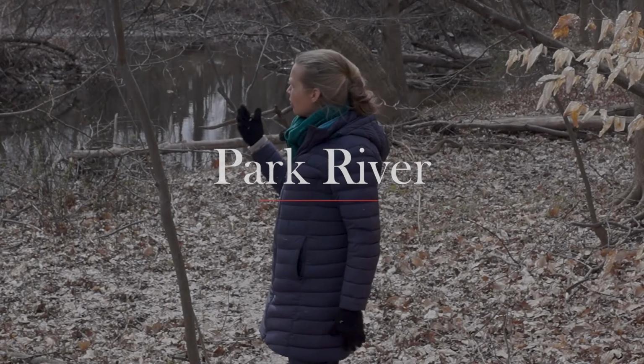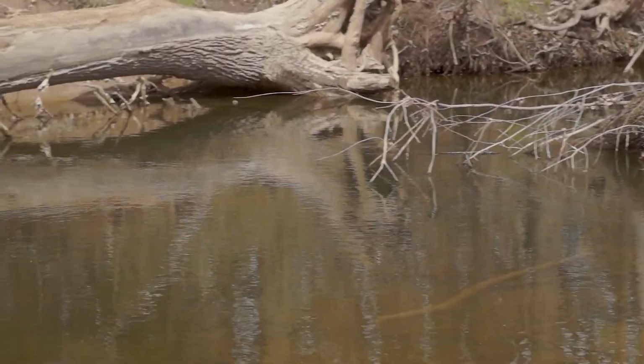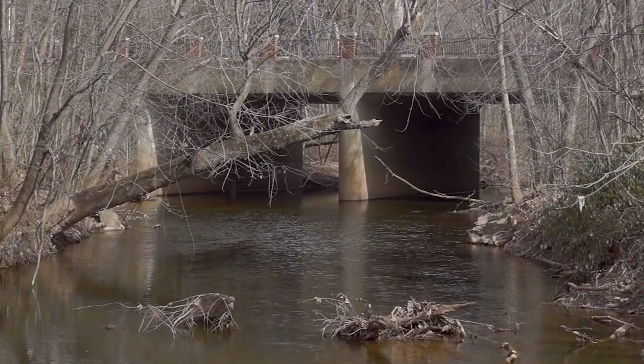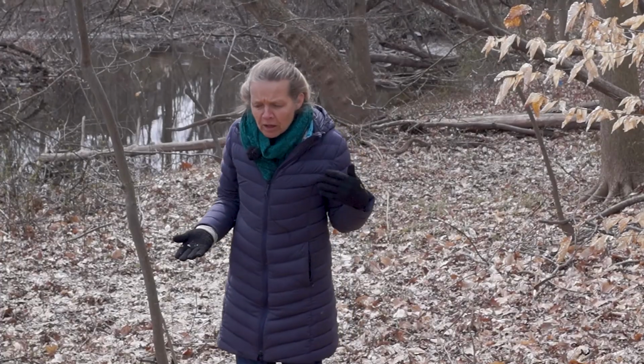Most people see a stream like this and don't understand it's connected to a watershed. The Park River Regional Watershed is a 78 square mile watershed. Most people would call this the Hog River, and they would also call the South Branch the Hog River. But in fact, in an